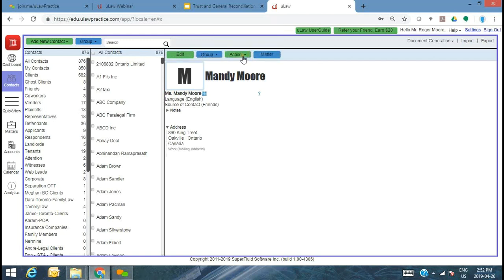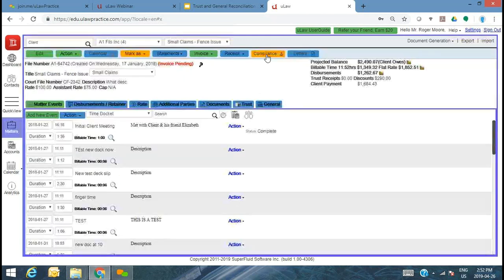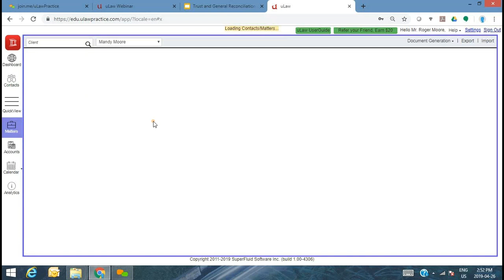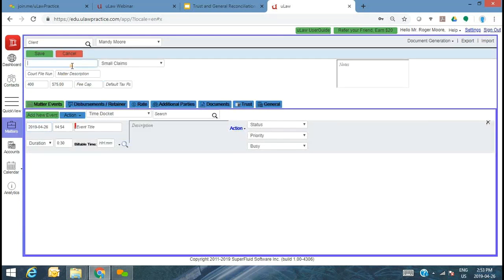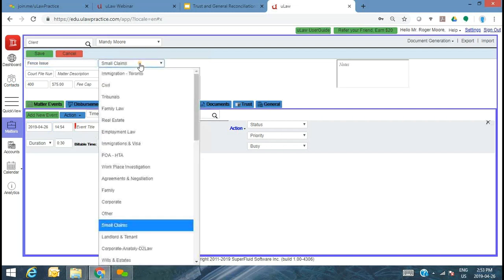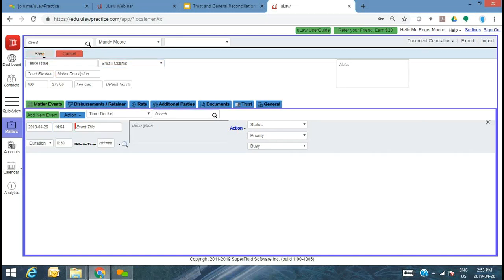If it's taking a couple of seconds to refresh, it's probably the combination of Join Me and the internet. So to keep this fairly simple, I'm just going to go ahead and say, well, claims matter, or let's say fence issue, and mark this as a small claims matter.